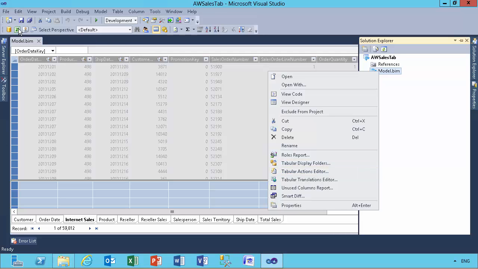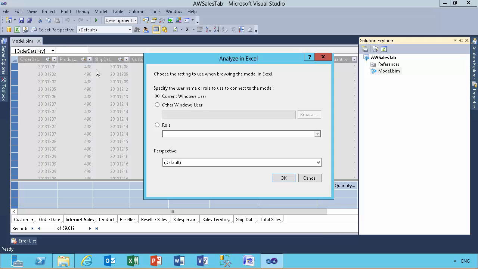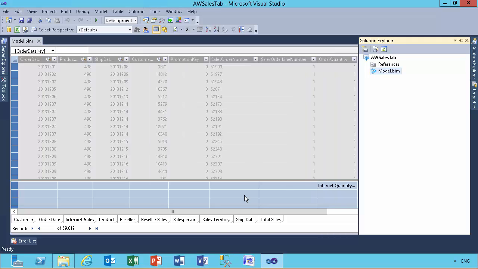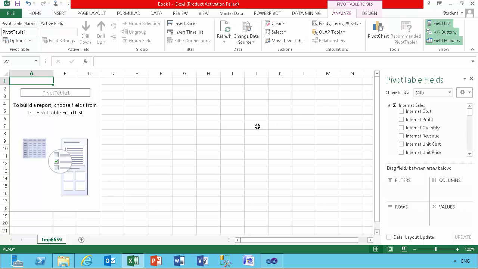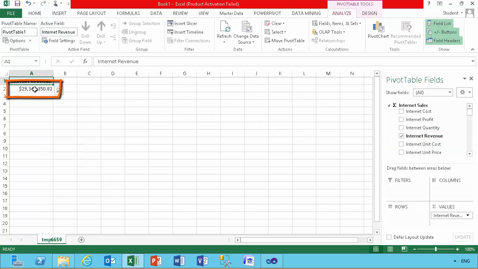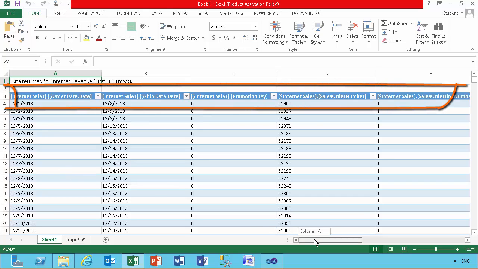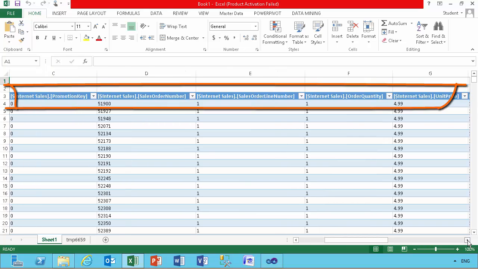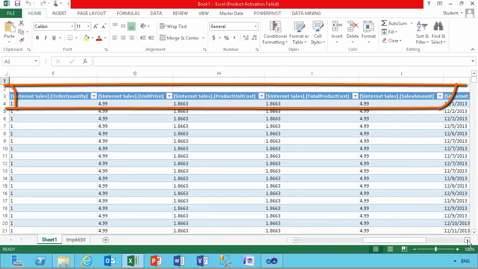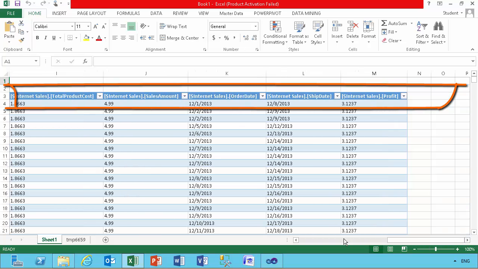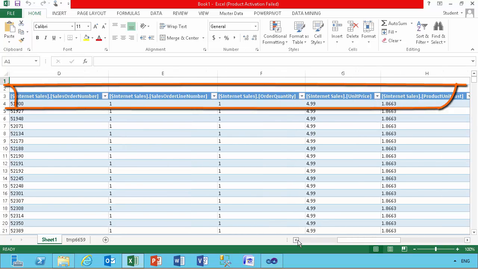So I'm going to open up this model in Excel. I'll just add the internet revenue to my pivot table. And then if I double click on the internet revenue total, this provides me the drill through on a separate Excel tab, but I can see that I'm just getting all of the fields from the fact table, which isn't terribly useful. Most of these are just keys to the different dimension tables,